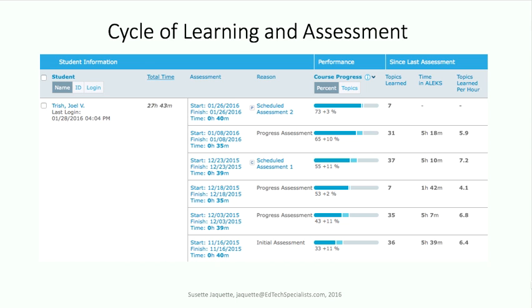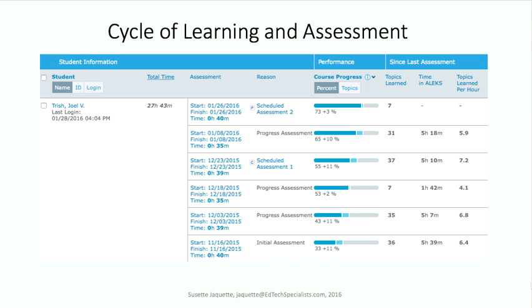This begins the cycle of learning and assessment for students, and this is at the heart of ALEKS. With this sample student, you can see at the bottom, they've had an initial assessment of 33%, meaning they already knew 33% of the material. All ALEKS courses have 15% prerequisites built into them, so we know that this student is ready for this class. Then the student went into learning mode where they're accessing their learning pages and learning topics, and using those learning pages, they showed that they had learned another 11% of